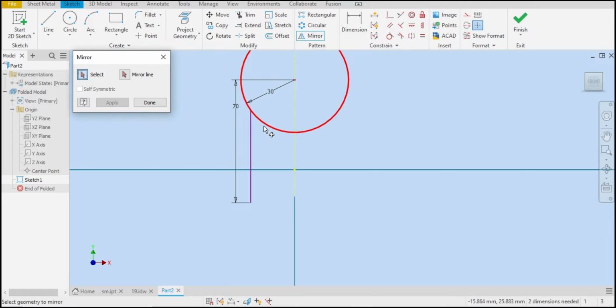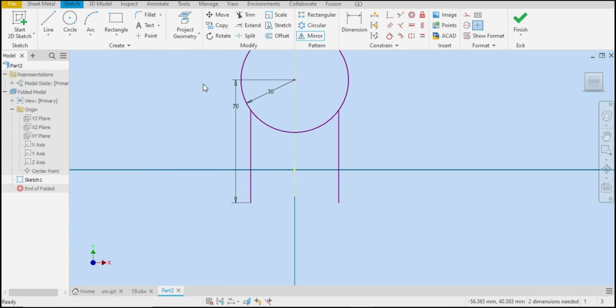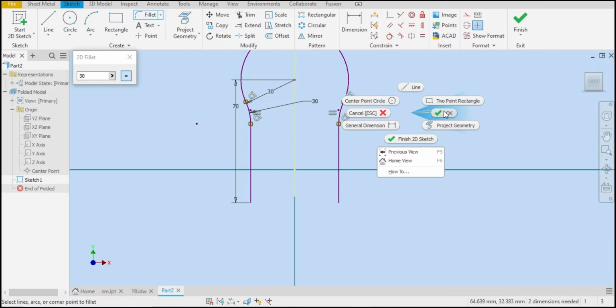Let me select mirror, select this, and the mirror line is this one. Apply. Let me trim here like this. Select fillet, this and this. I will just simply type 30 here. Okay, also for this,